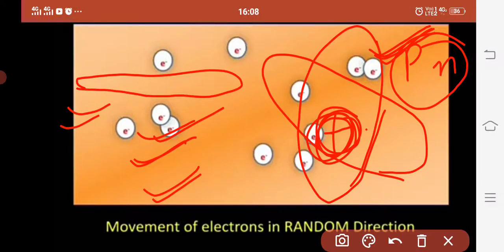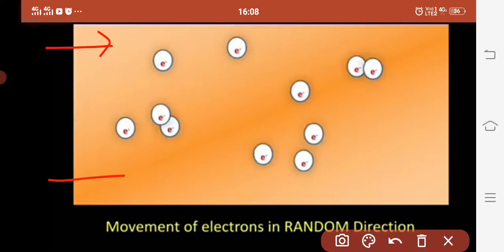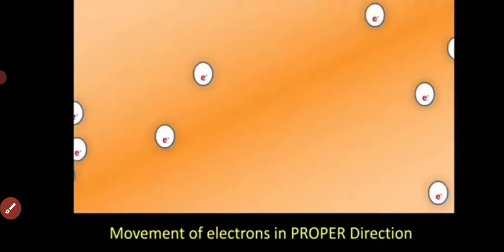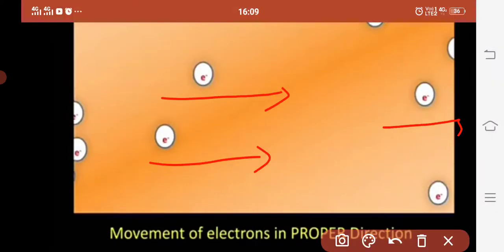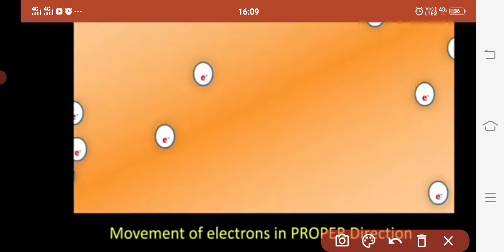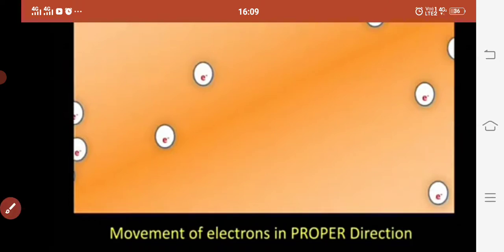Now, as soon as we apply the potential difference to it, that is, we give it electricity, or we connect the conductor with the wire, we see that the electrons are arranged in a particular direction and their motion is in a particular direction. Just as these were in random motion, now they have a proper motion as they are aligned in a particular direction. This arrangement happens only because we applied a potential difference.